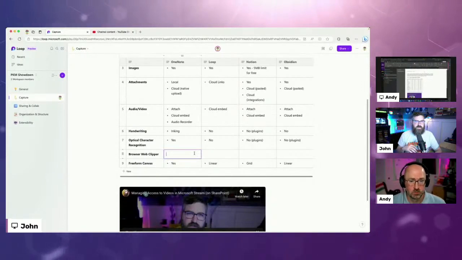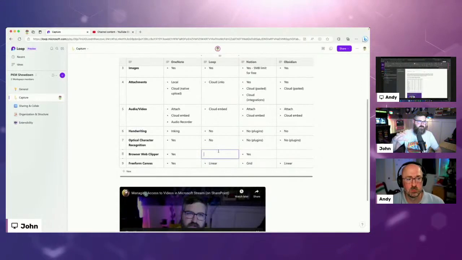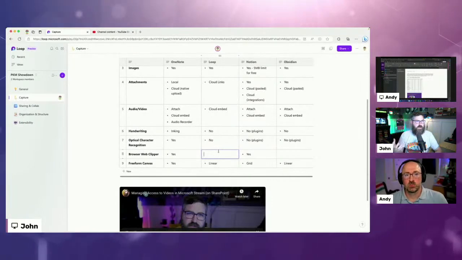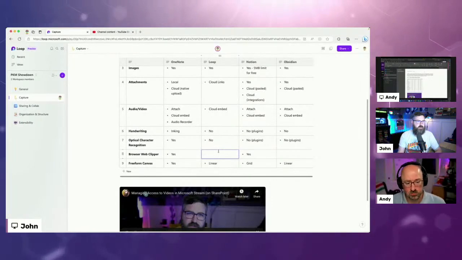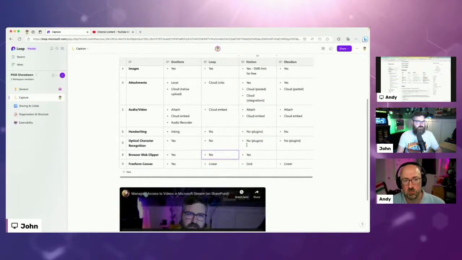That's something that I've seen, obviously OneNote and Notion do very well, is that you can use a browser plugin to capture something in OneNote or in Notion, and you can choose where it gets sent. So those are easily a yes. Because you're kind of in a service when you're talking about Loop workspaces, there's not a web clipper or a browser plugin for Loop as far as using it to ingest information. So if that's fair, I'm going to mark that down as a no, right, Andy? There's not really browser integration for Loop.